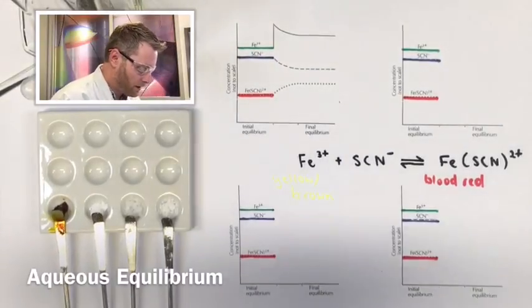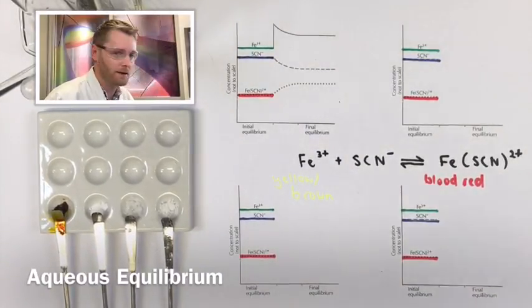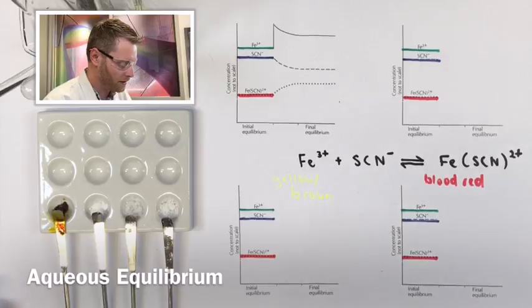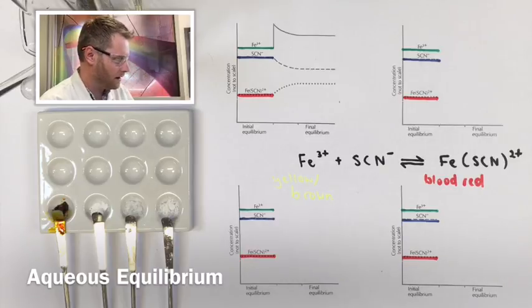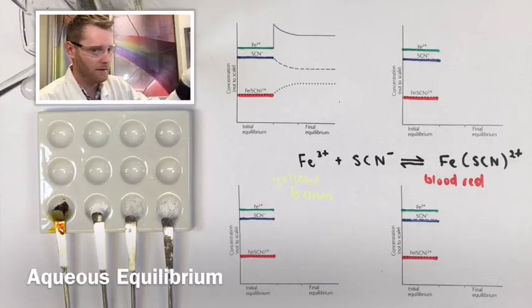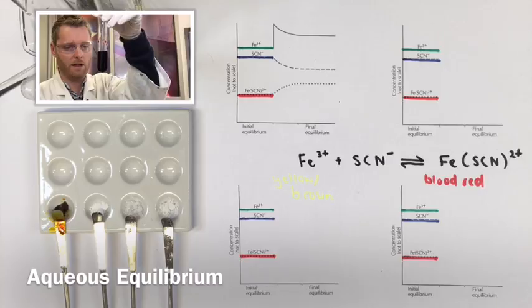Okay, today we're going to have a look at an equilibrium system that's being established between iron 3 plus and thiocyanate ions to generate a complex ion of iron thiocyanate. Now the iron thiocyanate is a deep blood red colour,